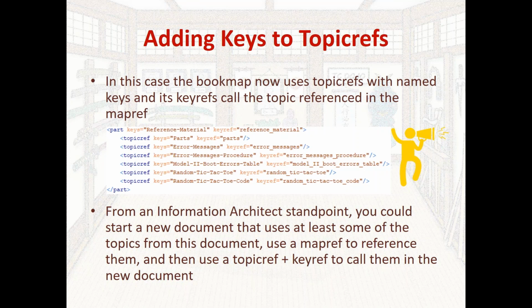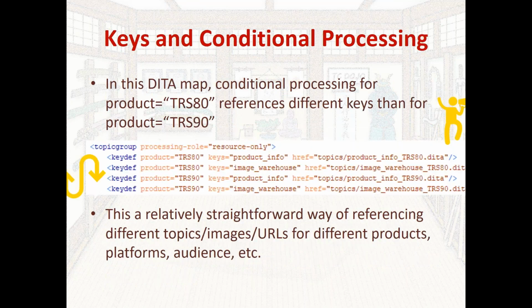Okay, now the other cool thing, sort of adding a layer on top of this, is that you can also use keys within conditional processing, and it works really well. In this particular DITA map, conditional processing for product equals TRS-80 references different keys than for the product which is set to the fictional TRS-90. So we have two sets of key defs. You can see where it says product equals TRS-80, keys equals product info, same as before, and then the individual topic, which is product info TRS-80 DITA, and then two lines down, the equivalent product info topic, which is called